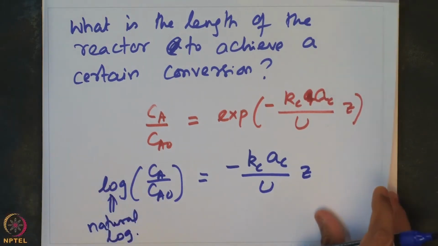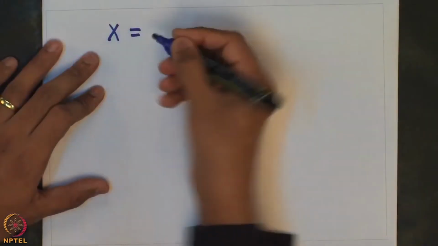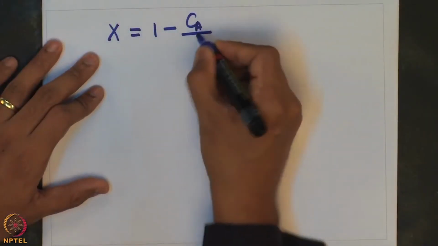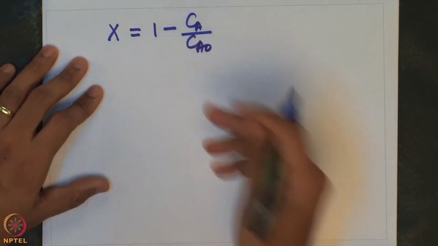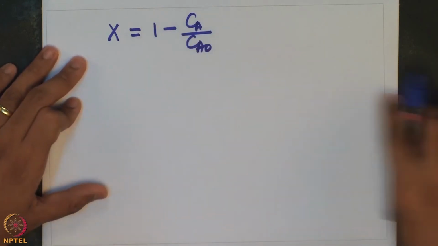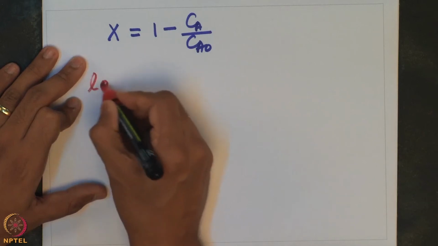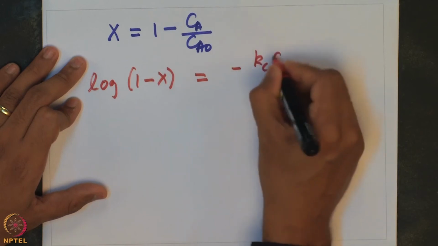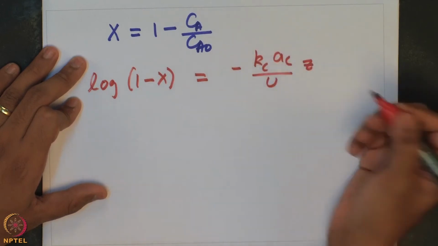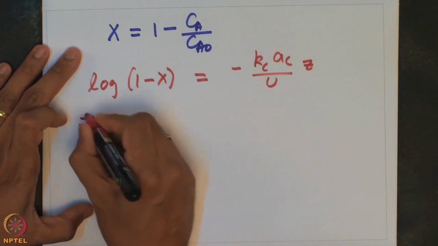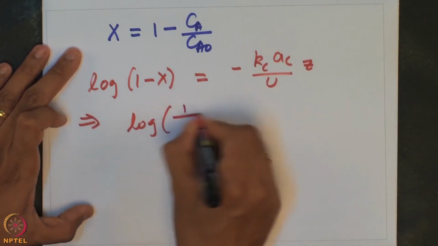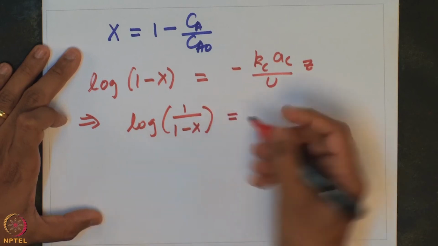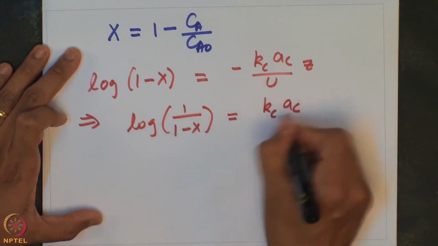Now, I can rewrite this expression in a slightly different fashion. Suppose I want to achieve a certain conversion. How is conversion defined? X is the conversion, and conversion is defined as 1 minus Ca by Ca naught. I can incorporate that into the model, and so essentially it reduces to log of 1 minus x is equal to minus Kc Ac divided by U into Z, or that is equal to log of 1 by 1 minus x is essentially equal to Kc Ac divided by